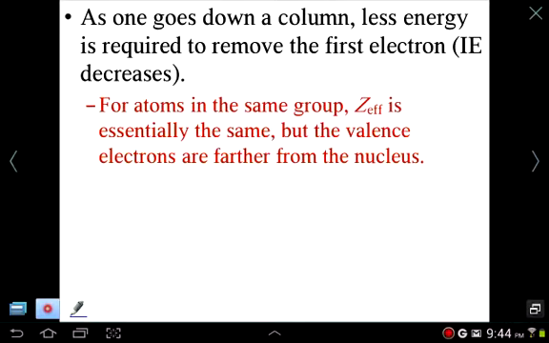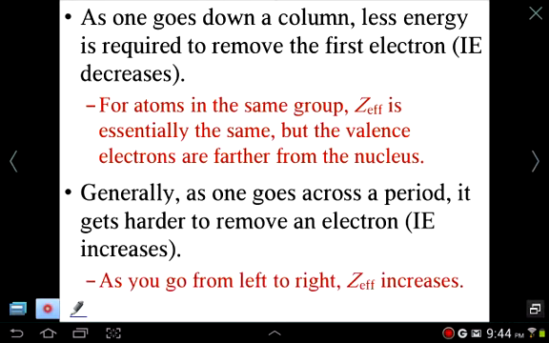And this is essentially the explanation for it. So as you go down a group, less energy is required, so ionization energy decreases. And the explanation for this is that the valence electrons are further from the nucleus. The effective nuclear charge remains the same, but the electrons are further and further away from the nucleus,